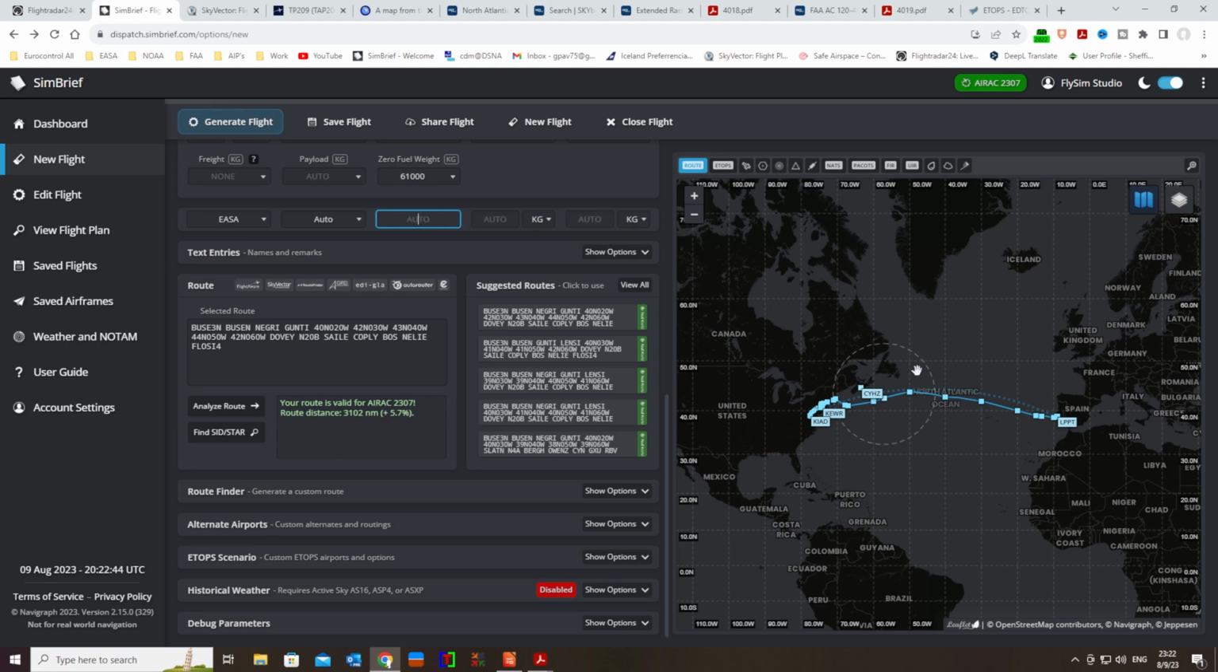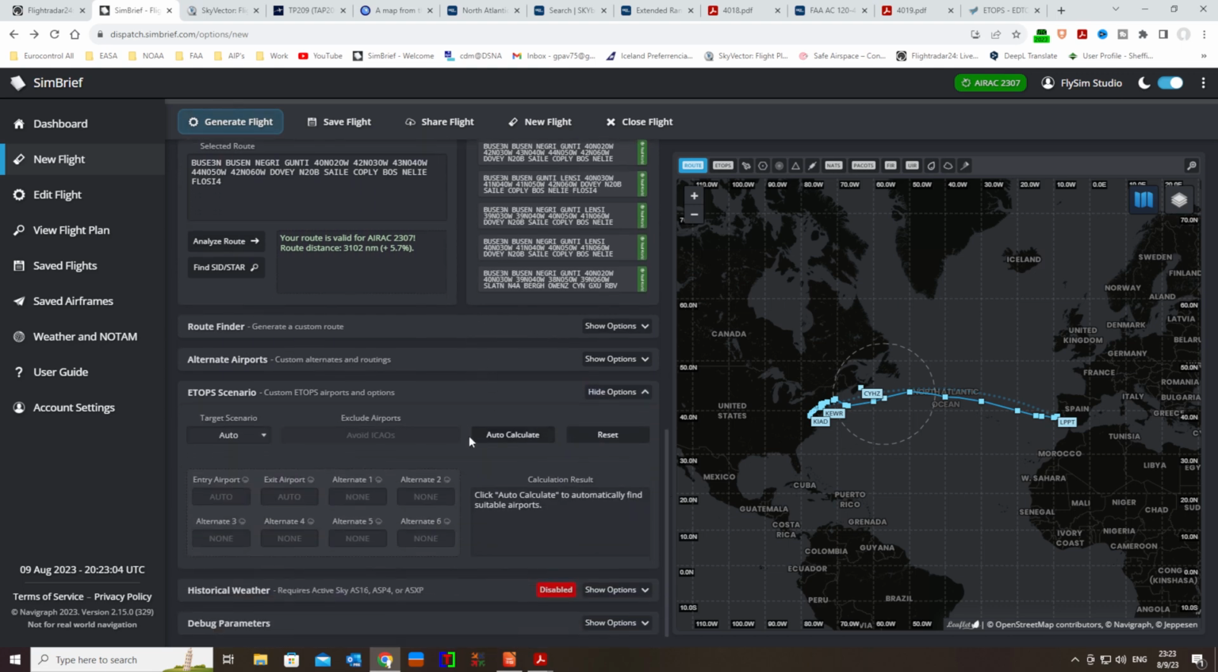This route, and this is a calculation of our ERA. That means that the contingency fuel is going to be reduced with EASA to 3% or even 2%. We can select it. Okay, let's go to our ETOPS right now. ETOPS scenario. I need 120. If we go and auto calculate, yeah,